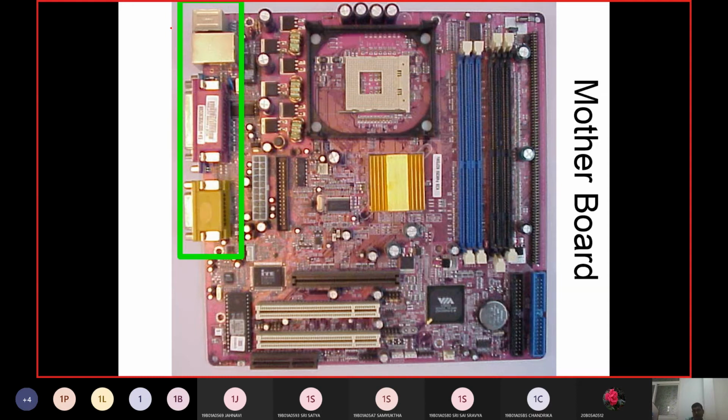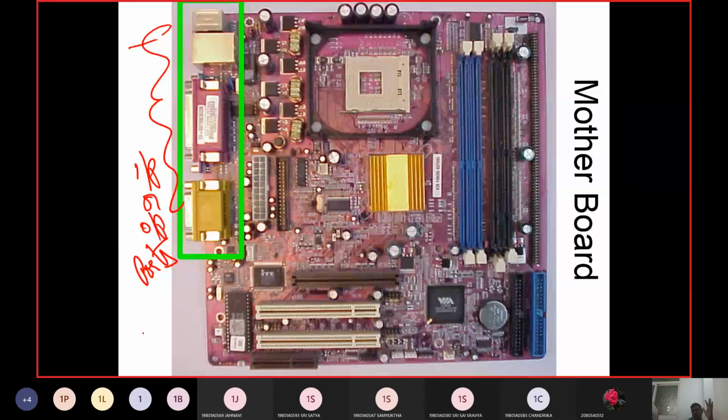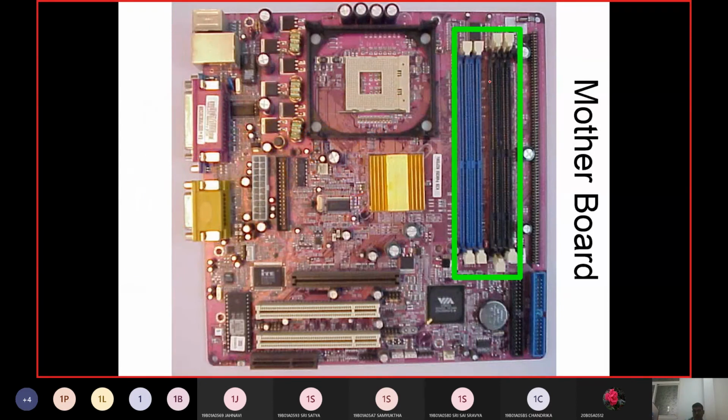Towards the left hand side, you can see all these items, they are going to be called input output ports. These input and output ports are used so that our input output devices are connected to the ports, and from the ports they will come to the system bus, and from the system bus they will be able to connect to the central processing unit. So this is how we are going to interpret the content. These two slots are going to hold the random access memory, SDRAM and DDRAM, and this is what we are going to call the graphic port.